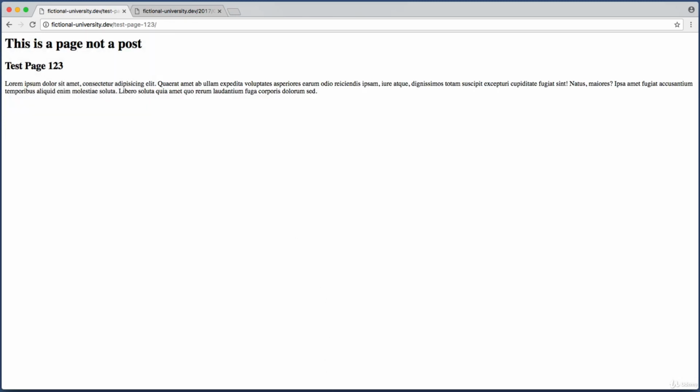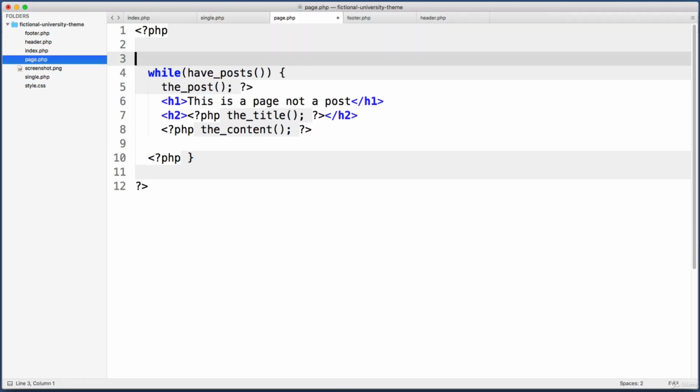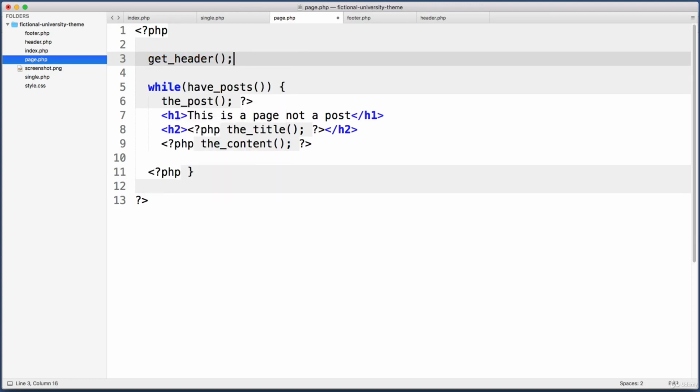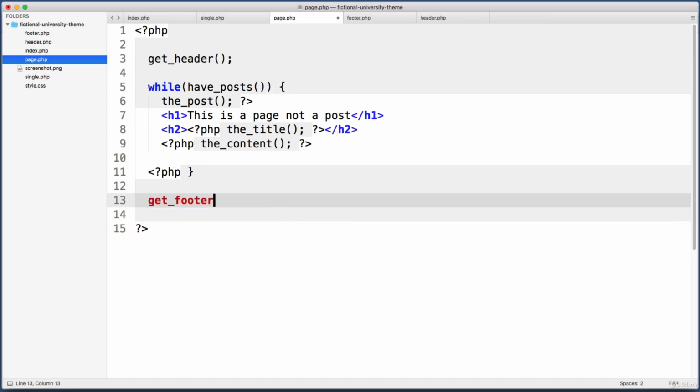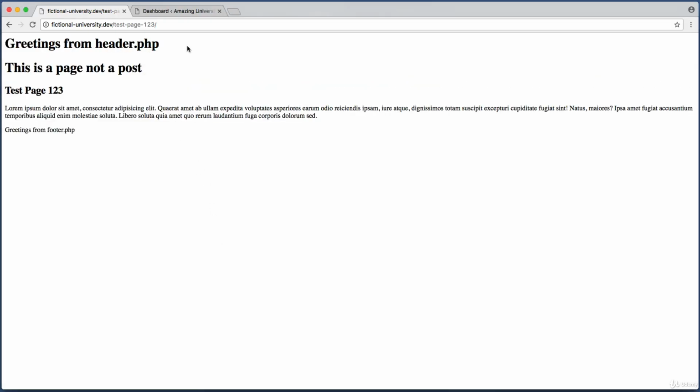So let's go ahead and jump into our text editor and hop into page.php. And let's pull in our global header and footer. So get header, and down here below the curly bracket, get footer. Cool. So now whenever we update header.php or footer.php, we can rest assured that our entire website globally will be